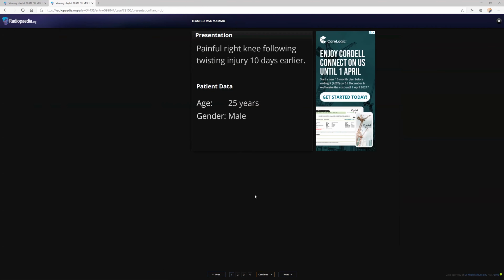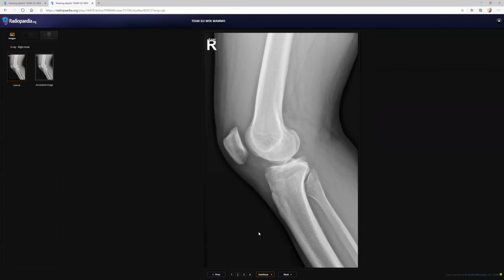Painful right knee following twisting injury 10 days earlier, 25-year-old male. Okay, so that's the lateral view of the knee joint of the 25-year-old male patient. So I can appreciate, in keeping with the history, there is an indentation of the